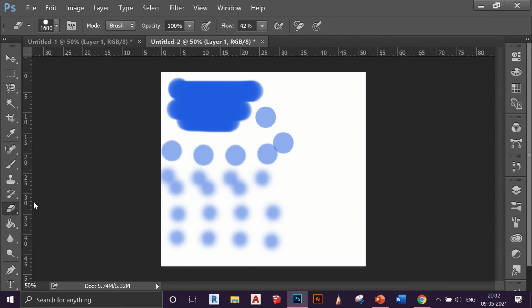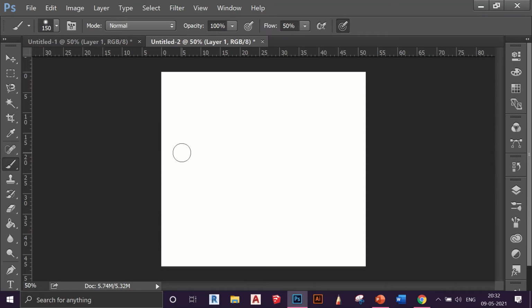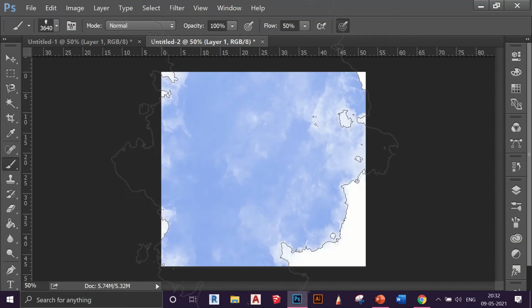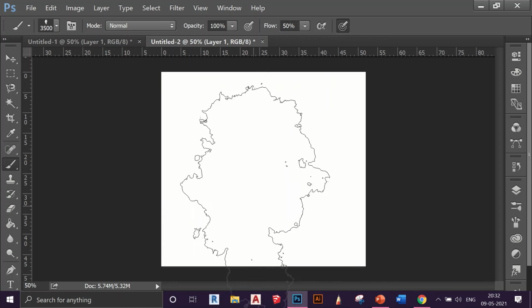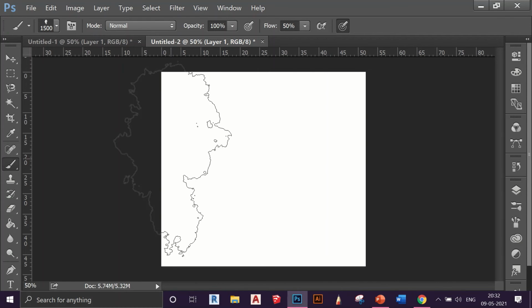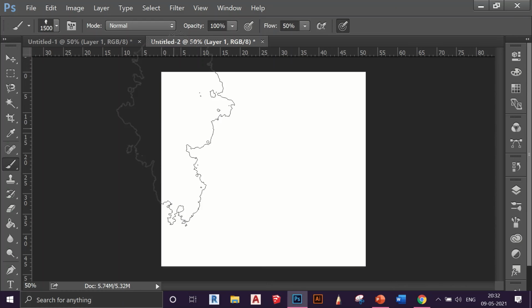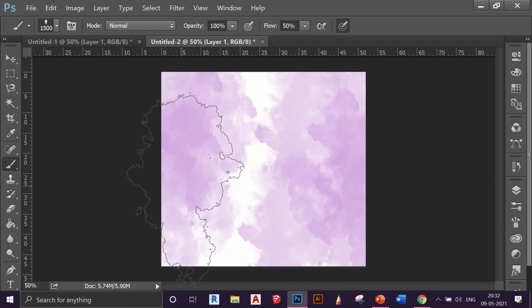Now what we can do using a brush tool, we can do so much, like we can create different textures. For that you need to use different brushes with different colors. Like I really like this smoke brush, so we'll use this for today. We'll decrease the size by using the left hand side square bracket, and then we'll go within it. So let's choose a color. I want a little light shade, so I'll use this for now, and I'll create some effects using this.